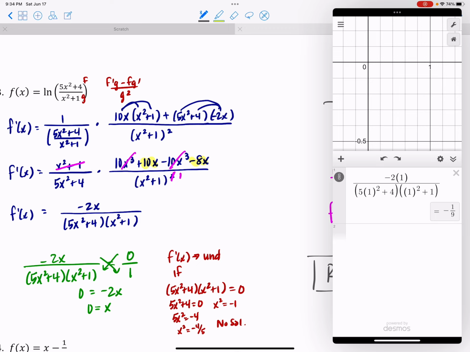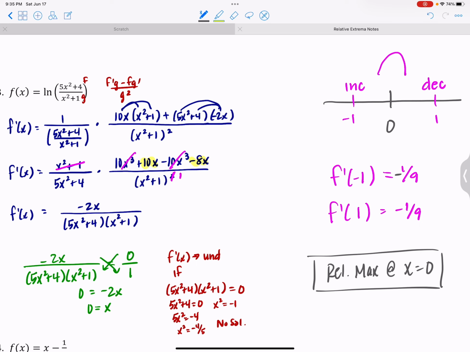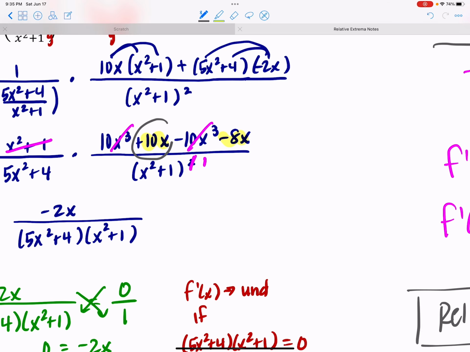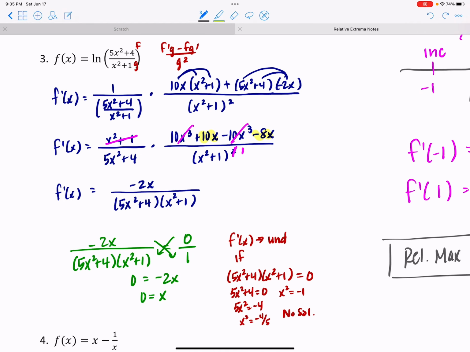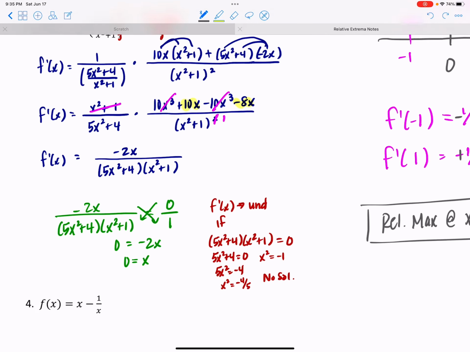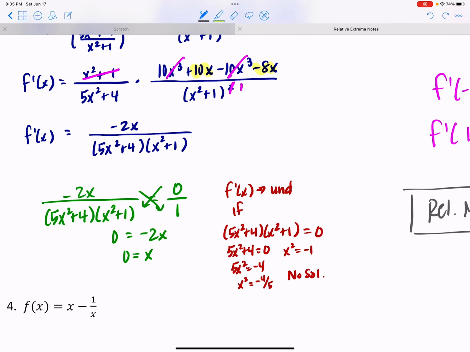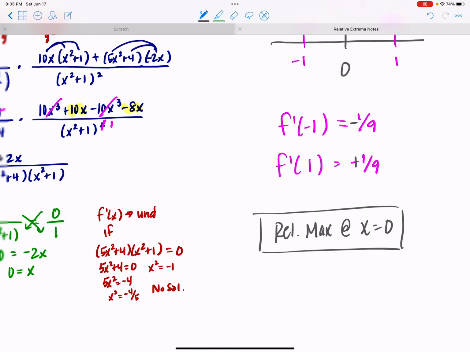Oh my goodness, you're probably telling me this whole time. That should be a positive 2, which means this should be negative and this should be positive. Goodness gracious. I can add, I swear. 10 minus 8 is definitely positive 2. I'm so sorry. But at least I caught it, and this is why we verify our work, right? I did this on purpose, just so you can see how important it is to verify. That should definitely be positive. It doesn't change our critical number, it just changes the signs of